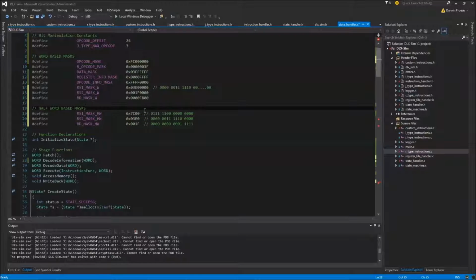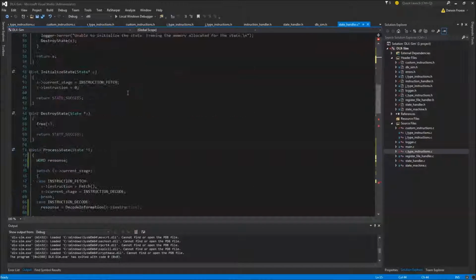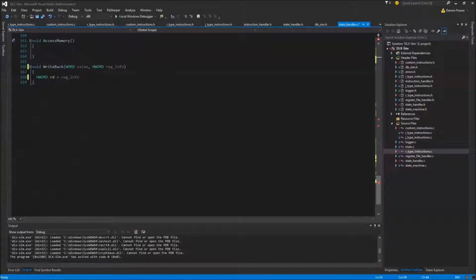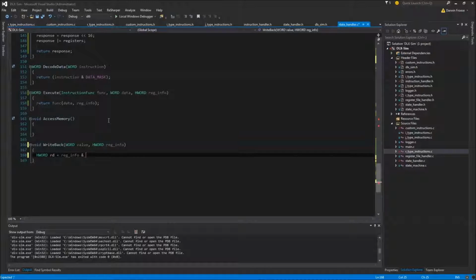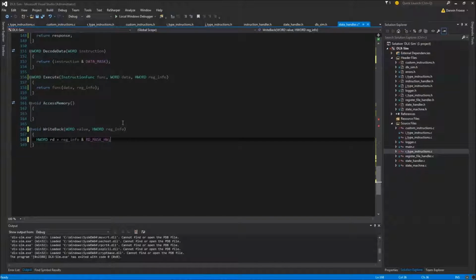So these are going to be the half-word variations for use with half-words and the full-word variations for use with full words. So we can say destination and RD mask half-word. Okay, so we have the register destination. We have the value to put in there. So now we go